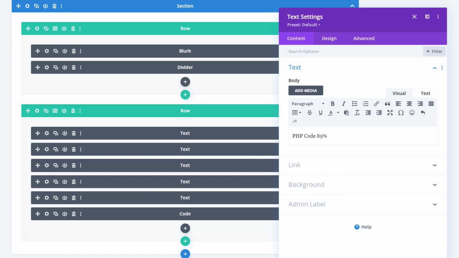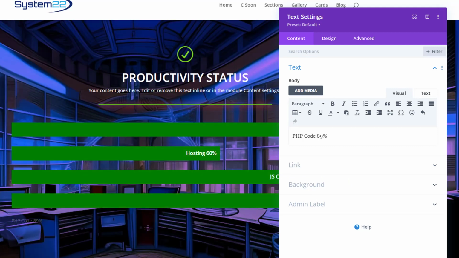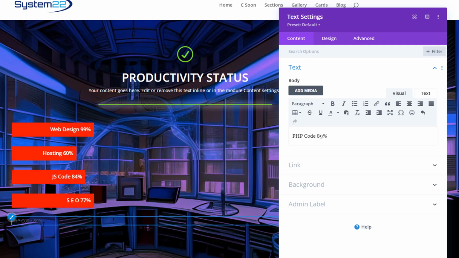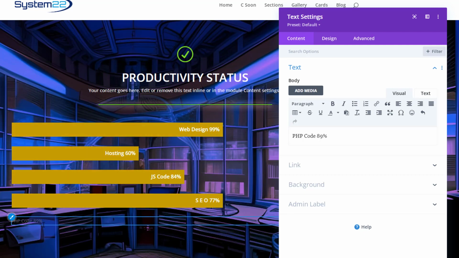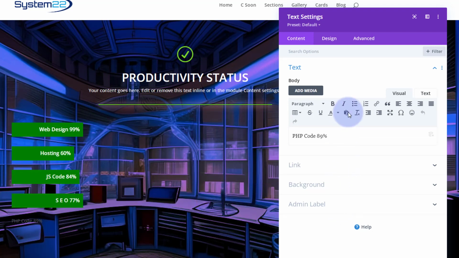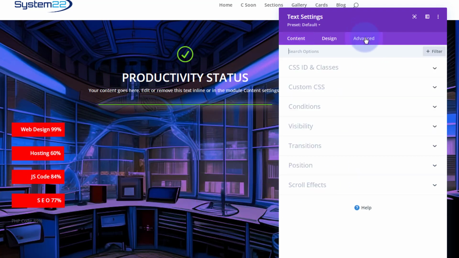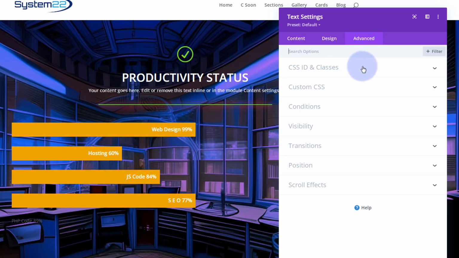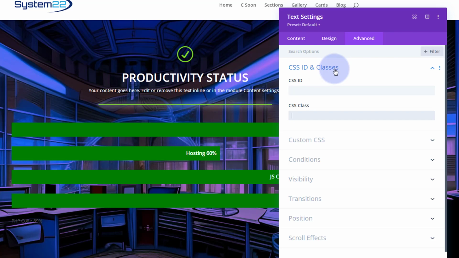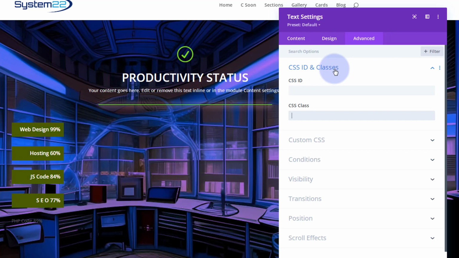We flip back to desktop mode. And to make this appear, there it is right there with the PHP code. We need to give it that class name. And to give it a class name, go to Advanced, CSS IDs and Classes. In the class, not the ID, we can give it that new class name, which is Prs,